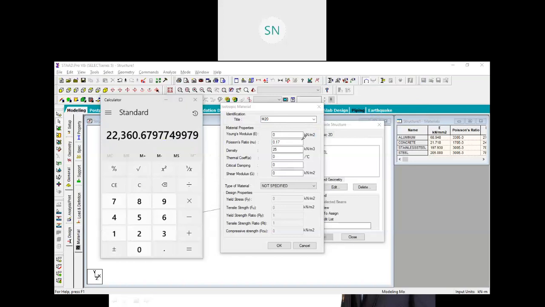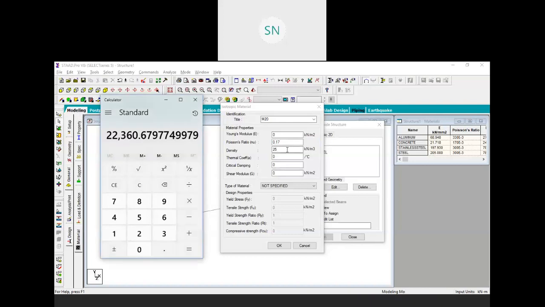See, over here we have kilonewton per meter square, right? So we need to convert this answer into kilonewton per meter square. So first of all, we need to divide with 1000. So we will get answer in kilonewton. So divide with 1000. Okay. So this answer is kilonewton per mm square.